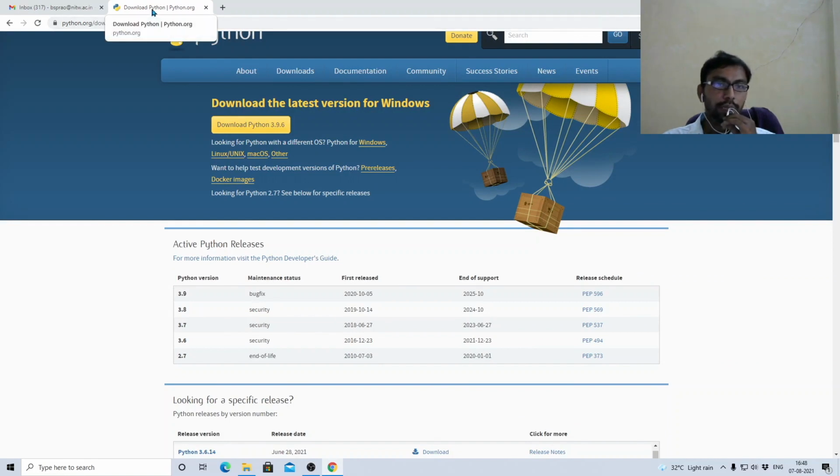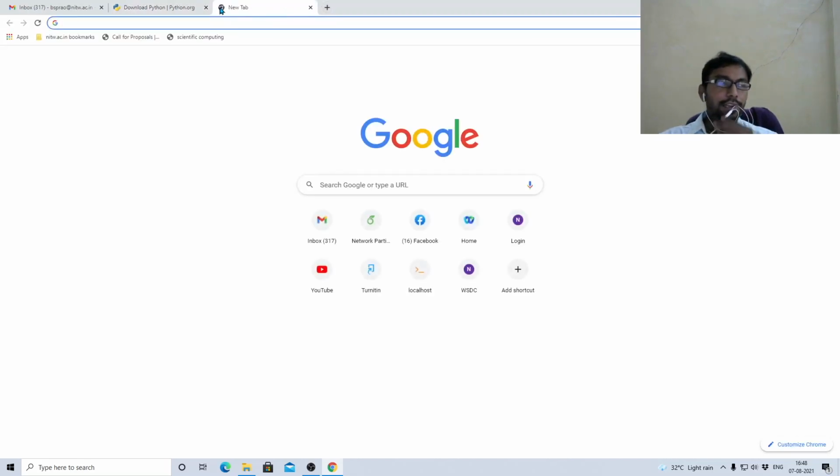It can be 3 point something or 2 point something. You can download and install it. But installing Python is somewhat troublesome because you have to install so many other libraries also. Therefore, other shortcuts are also available. There are some distributions which come pre-packaged with many other libraries. One example of such a distribution is Anaconda. If you want to install all the libraries along with Python, then you can directly install Anaconda.